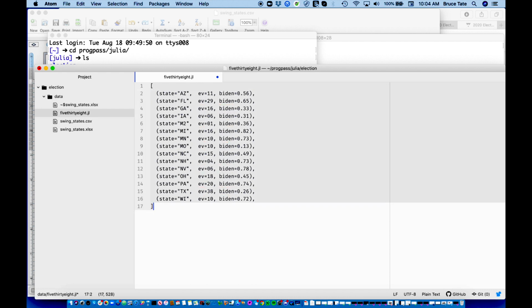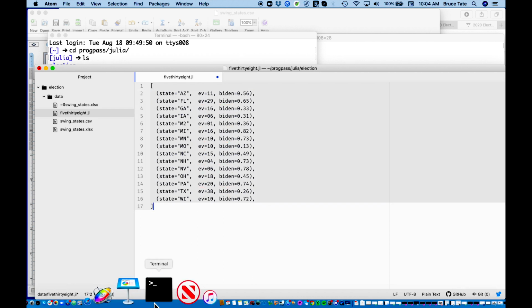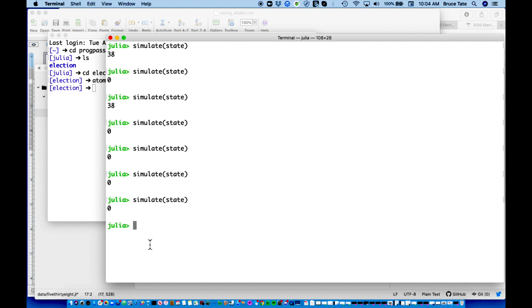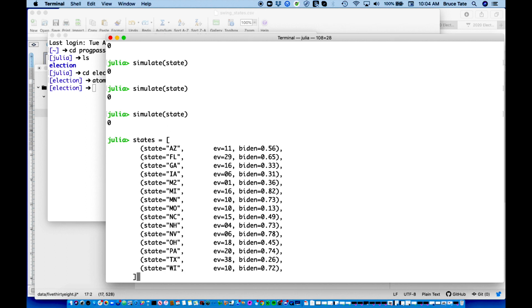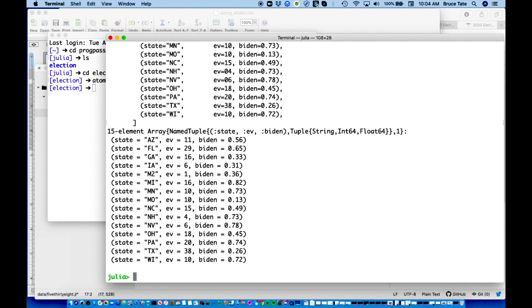So I ought to be able to do something like this. Let's see if this works. So I'm in Julia. I'm going to say states is equal to, and then that data right there. Okay, so you can see that this is extracted. It said I'm going to build an array of named tuples, and the named tuple has these individual names, and the tuple has these data types. And so what's cool is that now I can say,